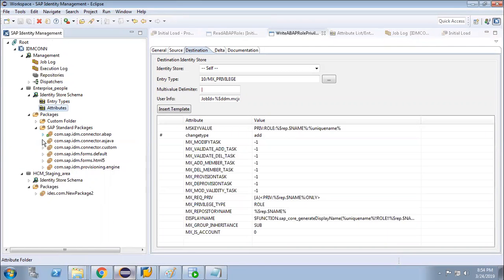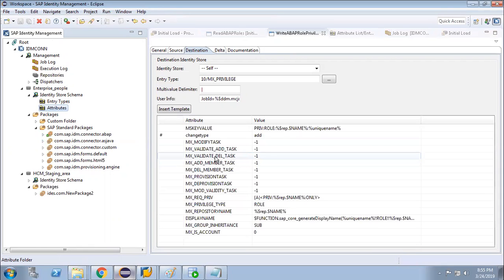In the approval workflow, we can decide whether, if I assign the role, all the privileges will be already assigned, or whether you want the privileges also to be approved. That we can configure in the approval workflow, in the approval task.